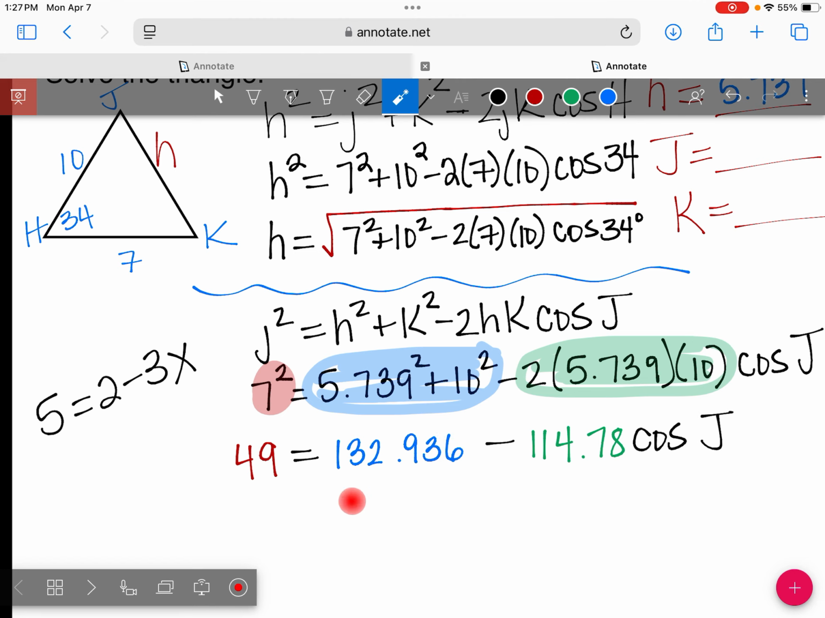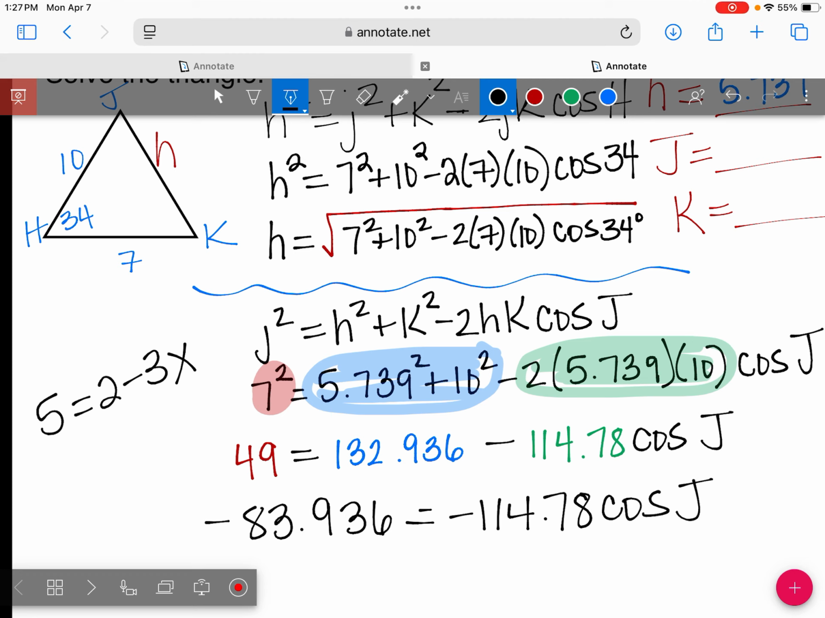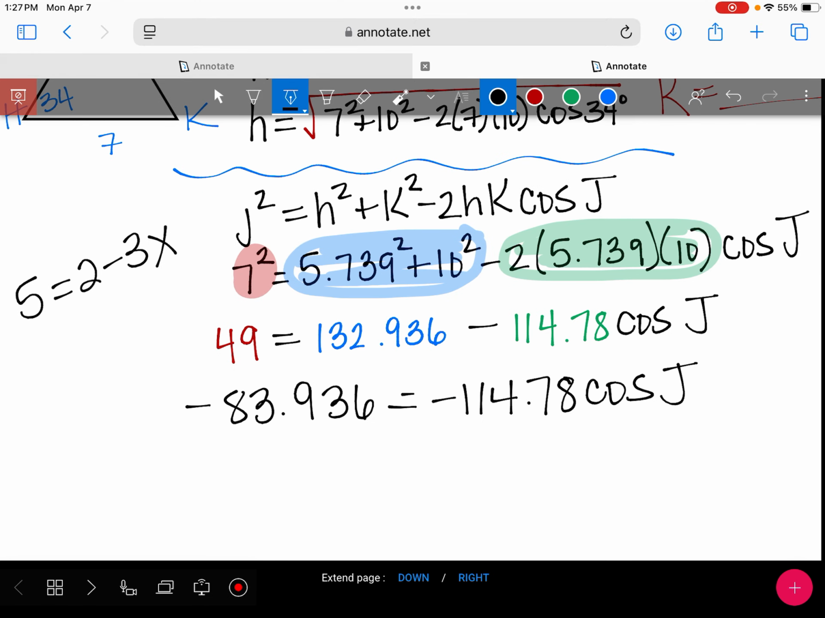So pick up your calculator. Take 49 minus 132.936. Did you get negative 83.936? And then what do you think I'm going to do here to separate these two? Divide it. So what you're going to have at that point is negative 83.936 over negative